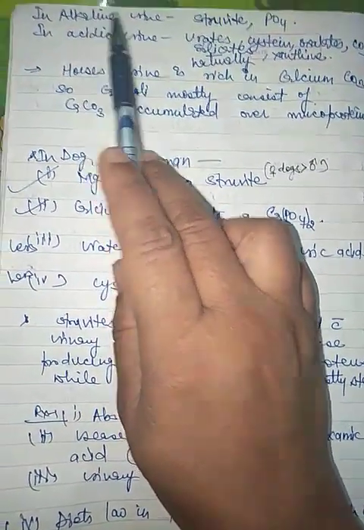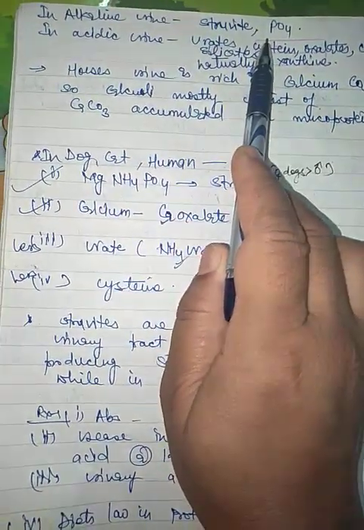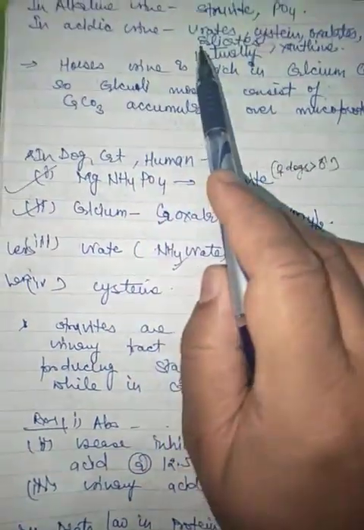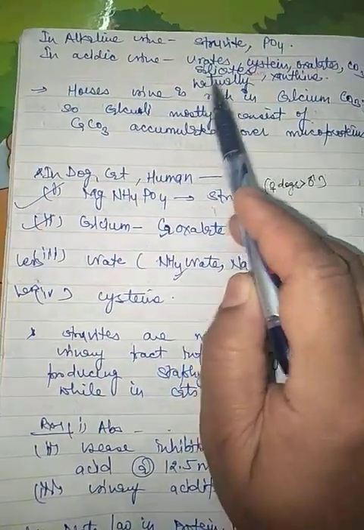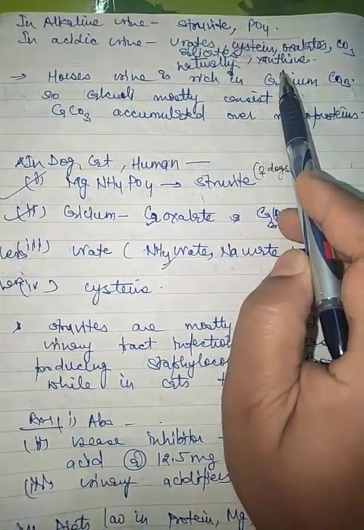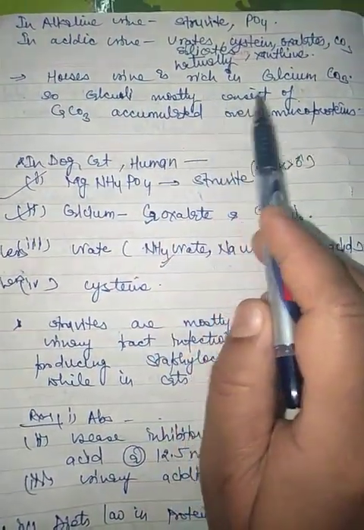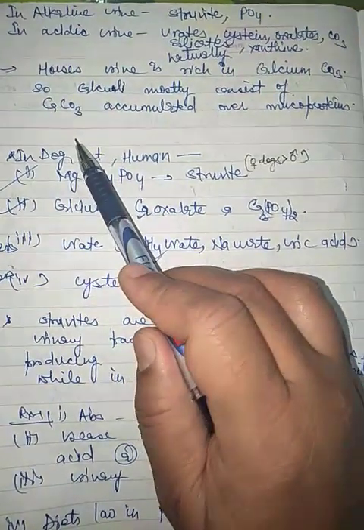So, in other words, we can say that in alkaline urine, struvite and phosphate stone formation occurs, and in acidic urine, stones of urates, cysteine, oxalates, carbonates, silicates and xanthine are found. In horses, urine is rich in calcium carbonate, so the calculi mostly consist of calcium carbonate, which accumulates over